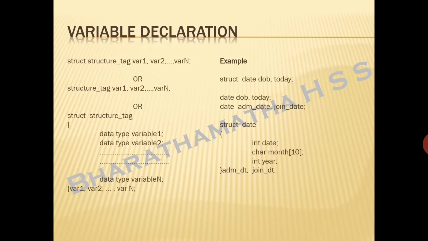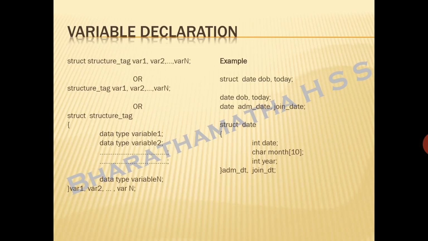Now look into the example, the general format of how to declare a variable. There are three different ways you can do it. The very first two lines, please listen. struct structure tag, variable 1, variable 2, variable n. That is, here a structure is previously defined or declared and kept.